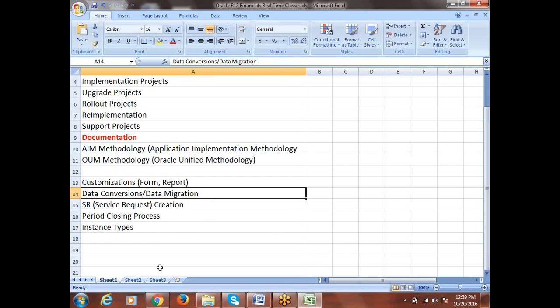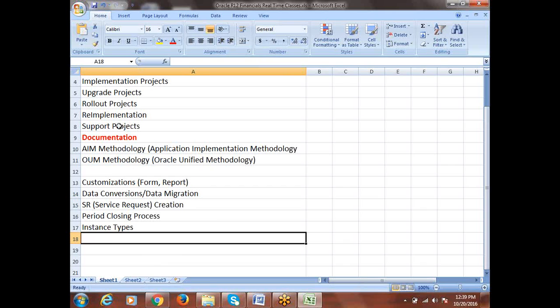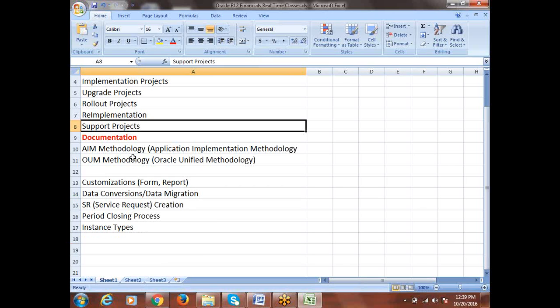Debugging, basic debugging. Okay, that also will be covered. When you talk about a support project, we'll talk about which tools companies will be using to track all the issues, how users will be raising the issue, how it will come to the tool, who will be assigning the ticket to us, what terminology will be used, and what statuses we have for tickets. I mean issues are what we call tickets. Once we get the ticket, what is the best approach we have to follow to debug it. Okay, so that also will be covered.